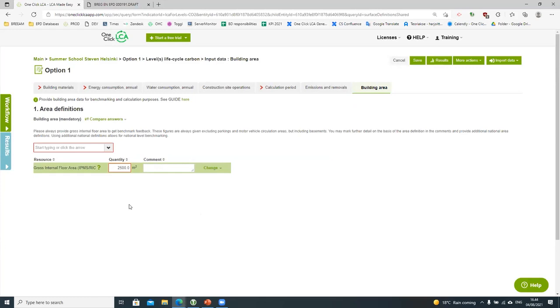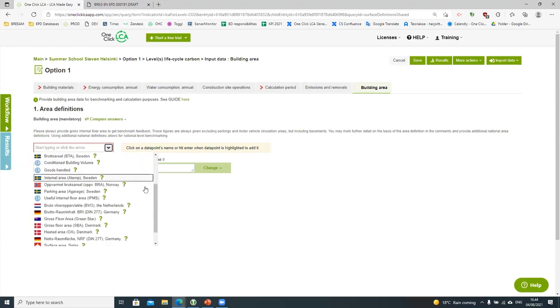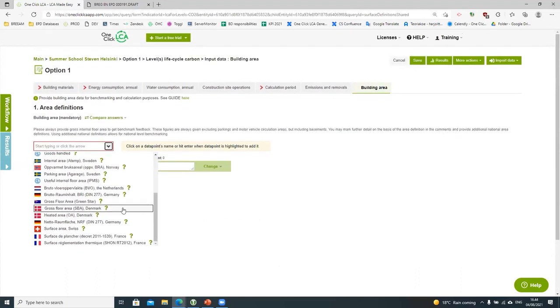For a BREEAM or LEED or Level(s) project, we have to use the gross internal floor area as our definition, but there are more options available as well. These are not all used by this specific tool, but perhaps by other tools which require different types of definitions. Like in DGNB, we have the DIN